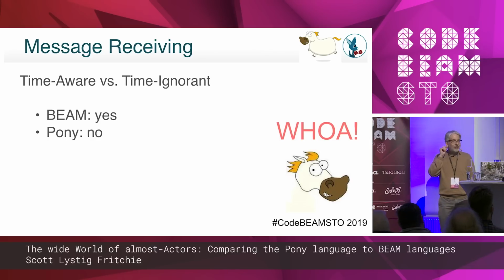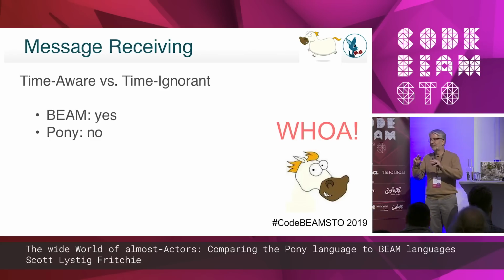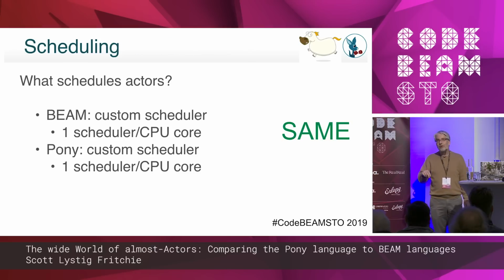In the category of scheduling, so who's scheduling actors is a very similar sort of thing, where both the VM and the Pony runtime have scheduler processes. It's typically one per core. They're running inside of the context of a UNIX or Linux pthread, or in Windows, whatever the operating system thread equivalent is, and